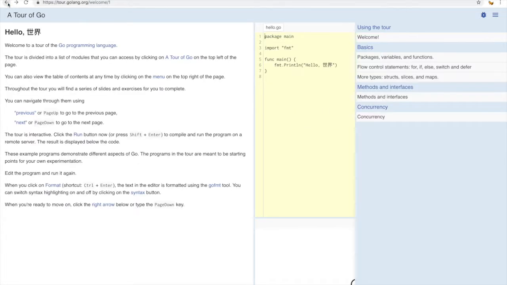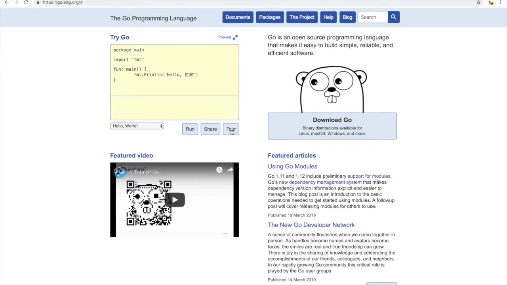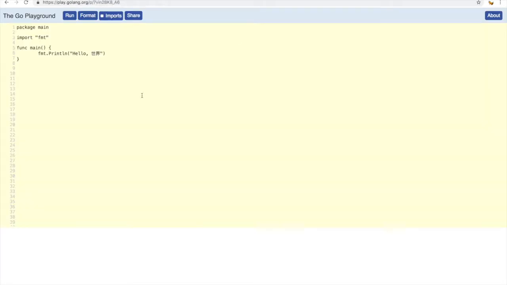So coming back to the Playground, those were two options where you can go and learn all the syntaxes. Coming back to the Playground, this is where you can write your own Go program as well. So let's pop out and see. Once you do that, you can obviously change and run. That's it. So you can run your custom program here. Let's try another